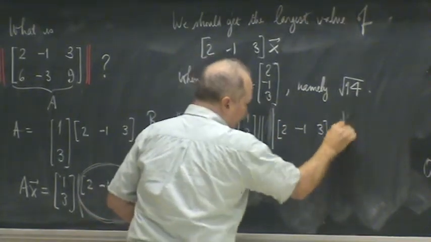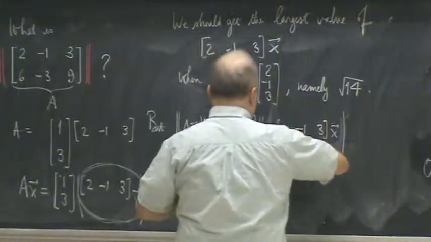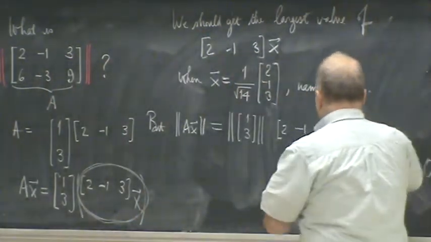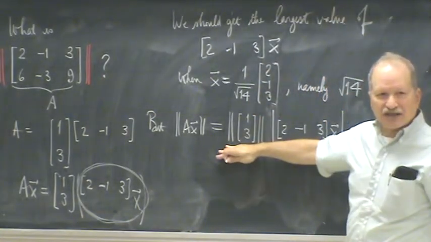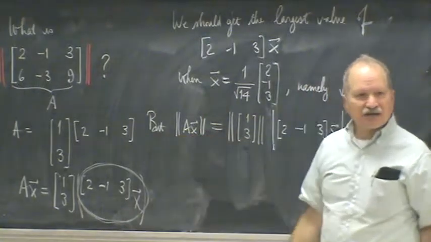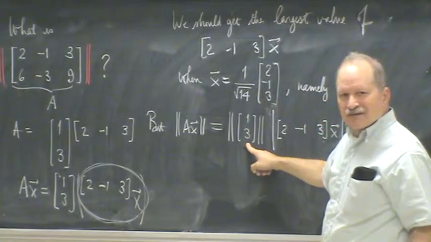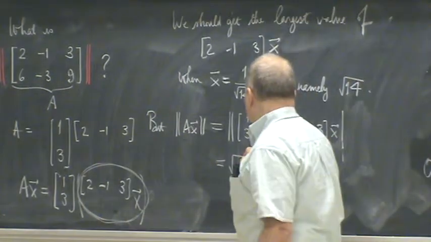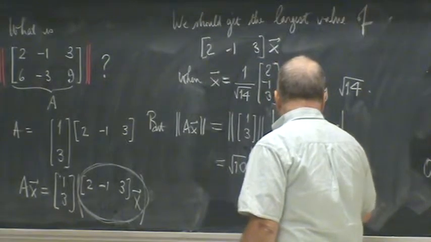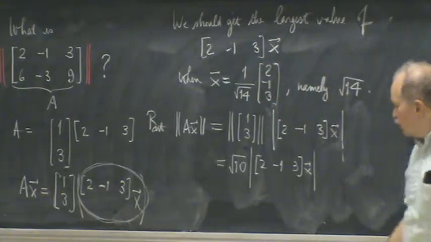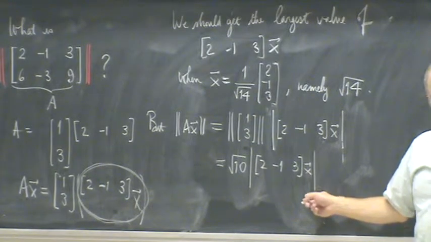So if I take the absolute value of this quantity, my erasing made it hard to read here. If I take the absolute value of this quantity times the length of the vector (1, 3), that's the magnitude of Ax. What's the magnitude of (1, 3)? Square root 10. And what did you tell me about this quantity? Square root 14. It's at most